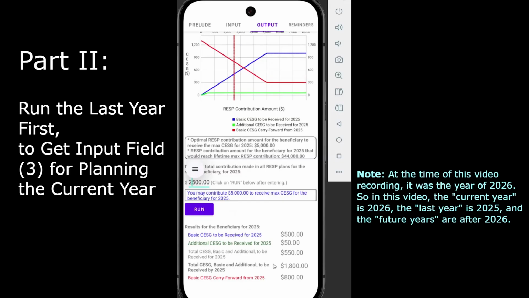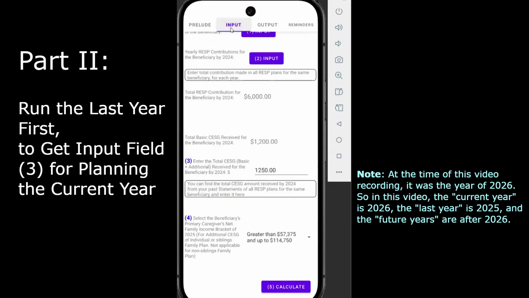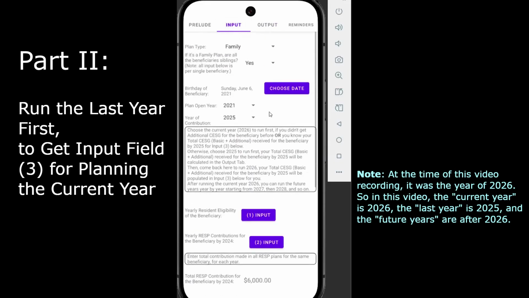The total CSG, basic and additional, to be received by the last year will be populated in input field 3 in the input tab for running the current year. Now choose the current year, 2026, as the year of contribution.